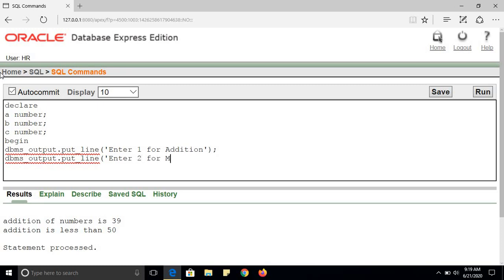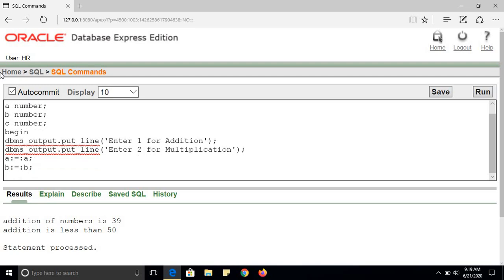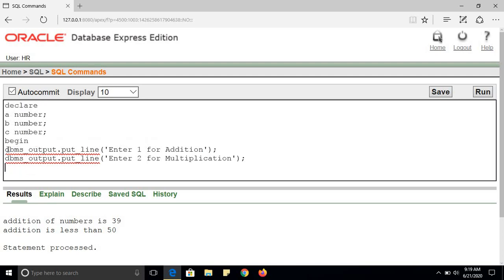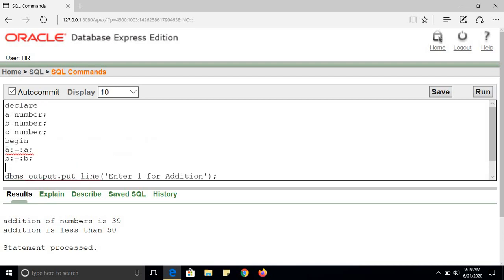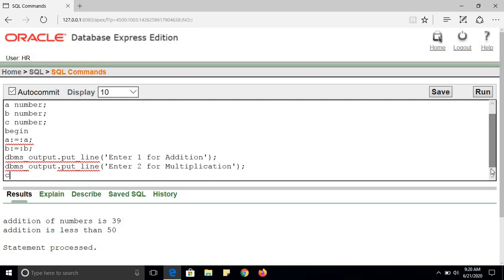Enter 2 for multiplication. Fine. So suppose the value of A I am getting at runtime, the value of B I am getting at runtime. Suppose I have the values before executing these statements. So enter 1 for addition, enter 2 for multiplication, and I am entering this value,